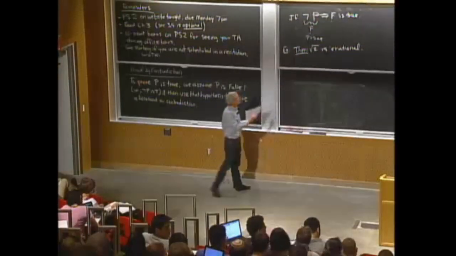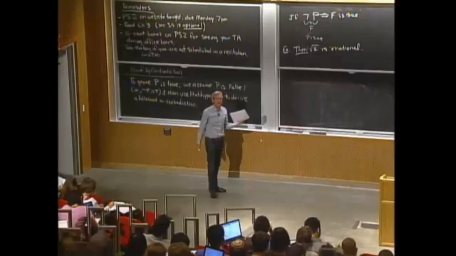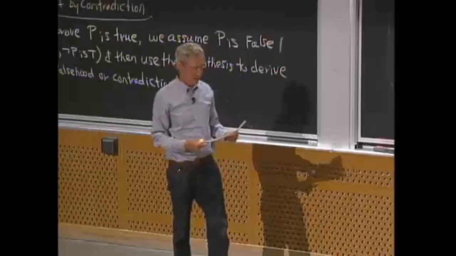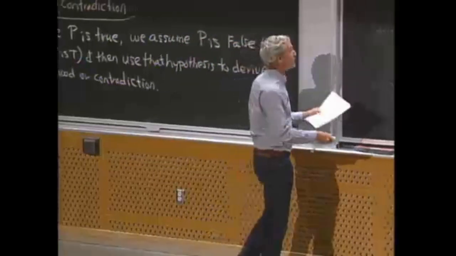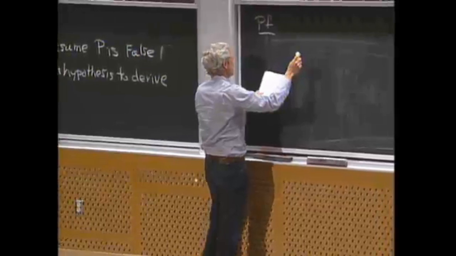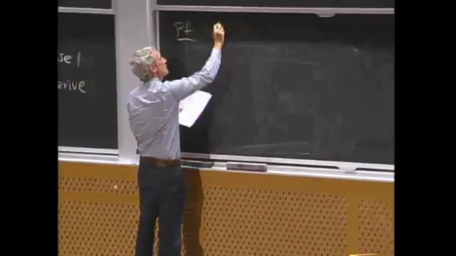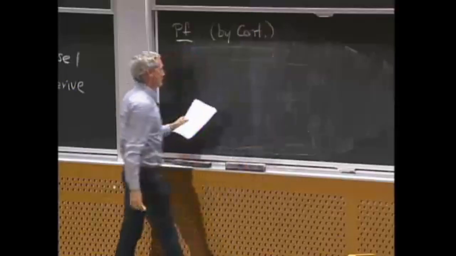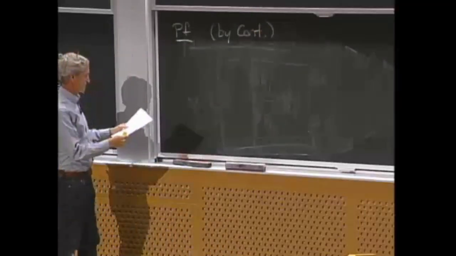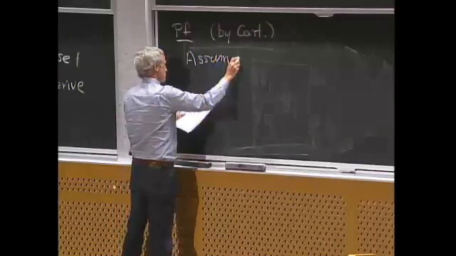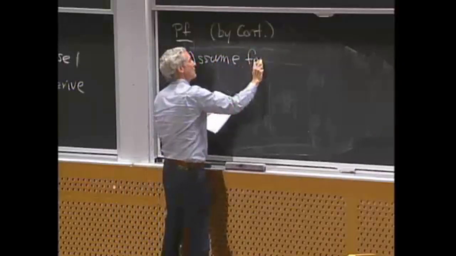Good. If you try to do a direct proof of this, it's pretty hard. How do you show there's no way to represent the square root of 2 as integers a over b? But it's very easy if we do a proof by contradiction. When you're doing a proof by contradiction, always start off by saying by contradiction. Write that down. And then you say, I'm going to assume, for the purpose of contradiction,